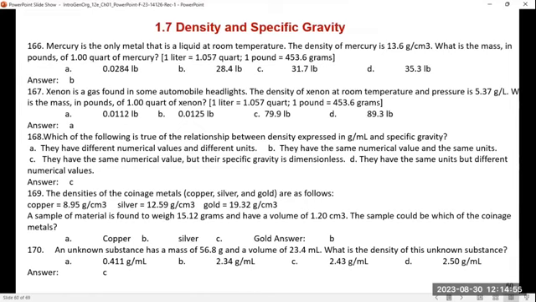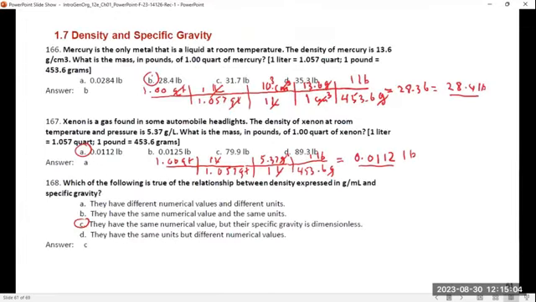I'm going to go to the workout that I did here. Mercury is a metal that is liquid at room temperature. The density is 13.6 grams per cubic centimeter. What mass, in pounds, is 1 quart of mercury? The conversion factors given: 1 liter is 1.05 quart, and 1 pound is given. So you have to convert grams to pounds